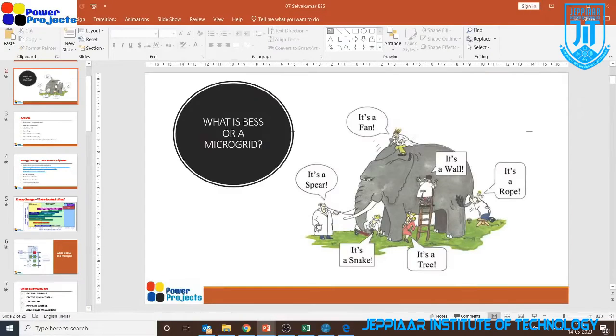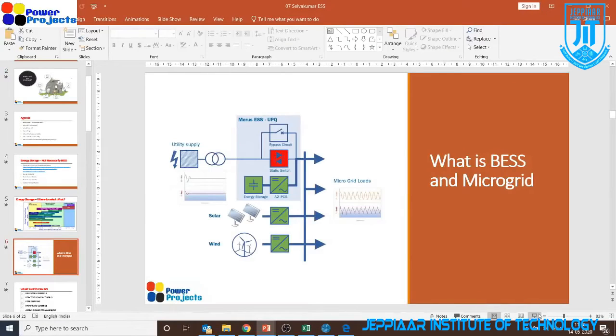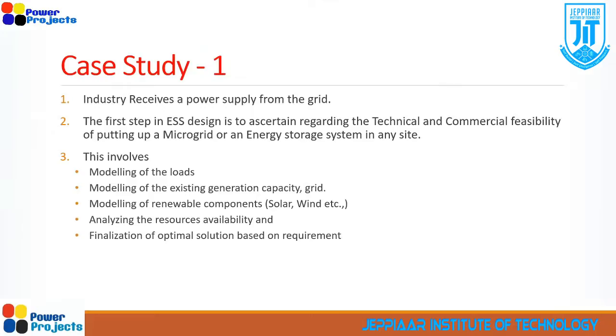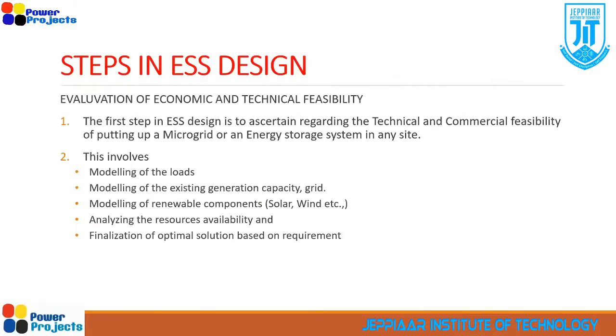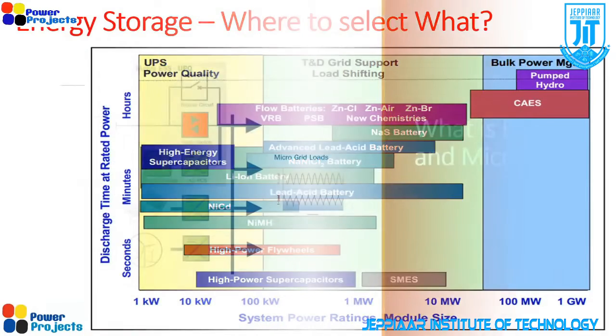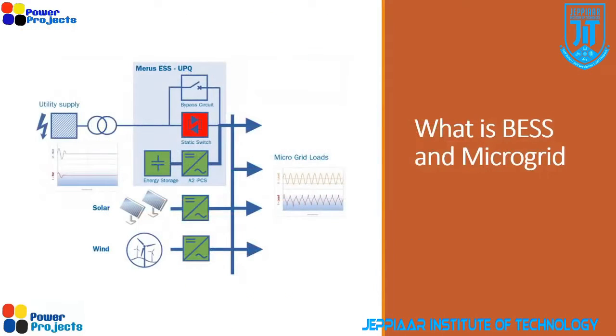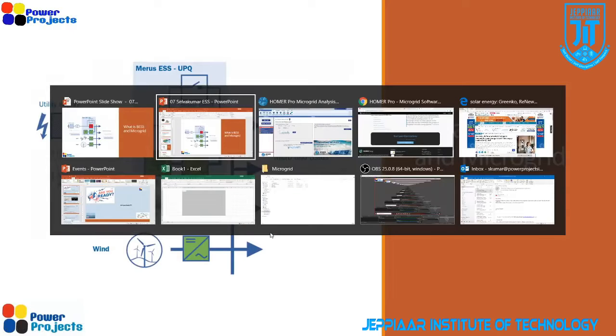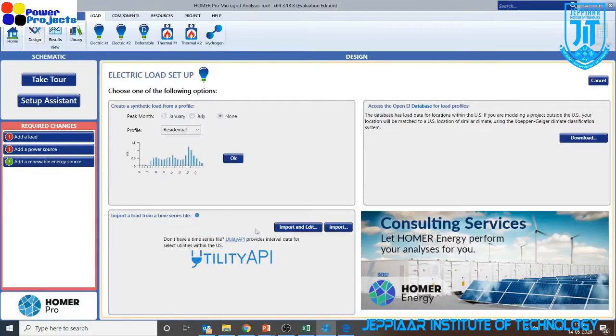Let's talk about an example of that industry itself, so that you will be a bit clearer on it. If you take these loads, you may have many step down transformers, motors, static loads, etc. But all these loads are modeled as a combined single load here. You have only options like electric 1 and electric 2, so only two loads.